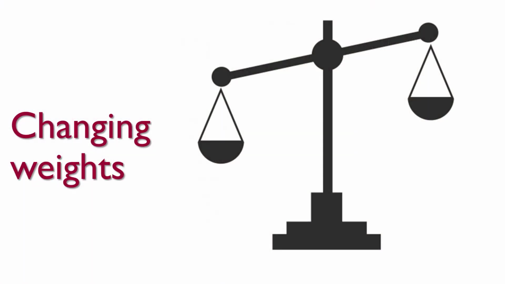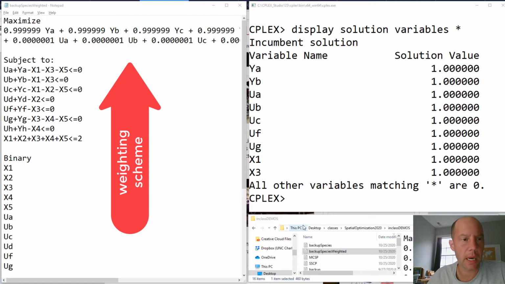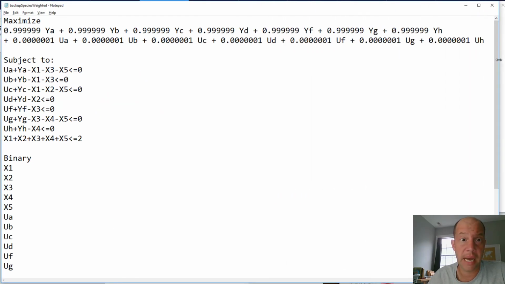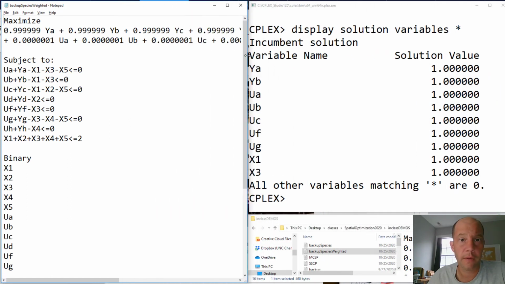Let's now change the weight a little bit and see if the model is actually different. All right, so now the other example is where I really changed the weight a lot. And in this particular example, as you can see, I have put a very, very high weight that is basically almost 1, 0.99999, on y sub a, and so on and so forth. And then for the backup, I gave almost no weight at all. It's still there in the objective, but almost no weight. And so what you would see essentially is that this is going to be very close to the maximum covering species problem. Okay, so let's go and save this,